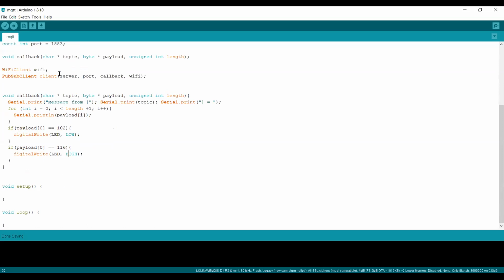Okay, so we have done this callback function. Whenever we receive a message, this function is going to be called. Check this message and print it out, and then check if the first one is 102, then turn off the LED. If it is 116, then turn on the LED. So let us go and